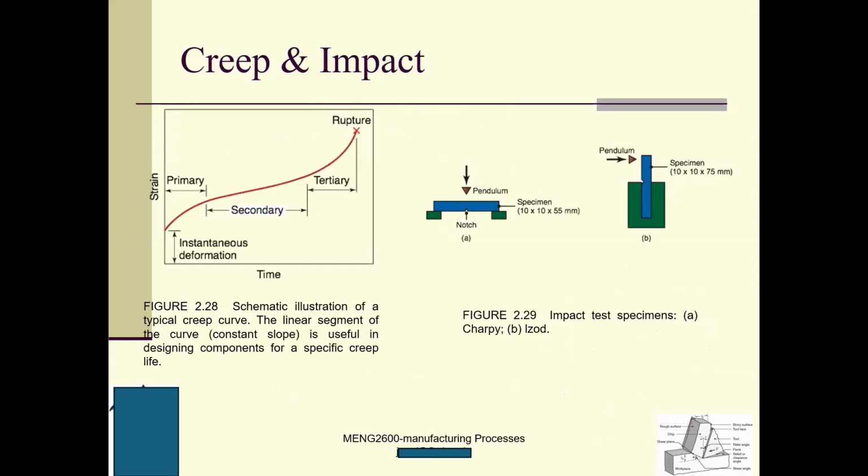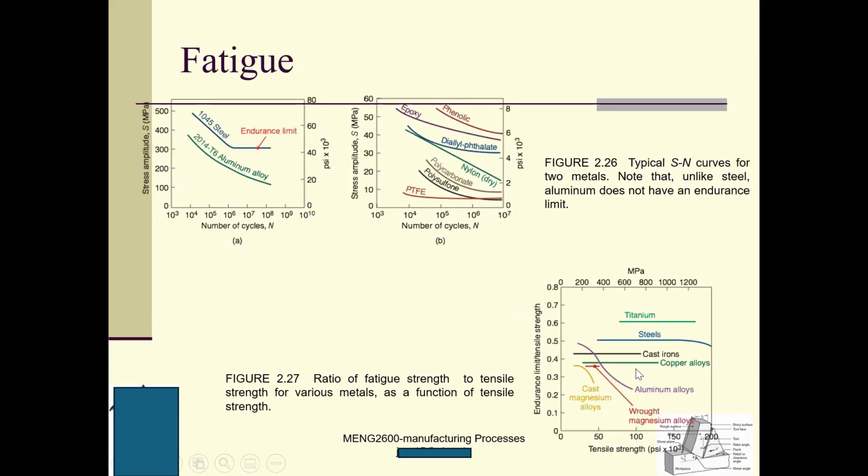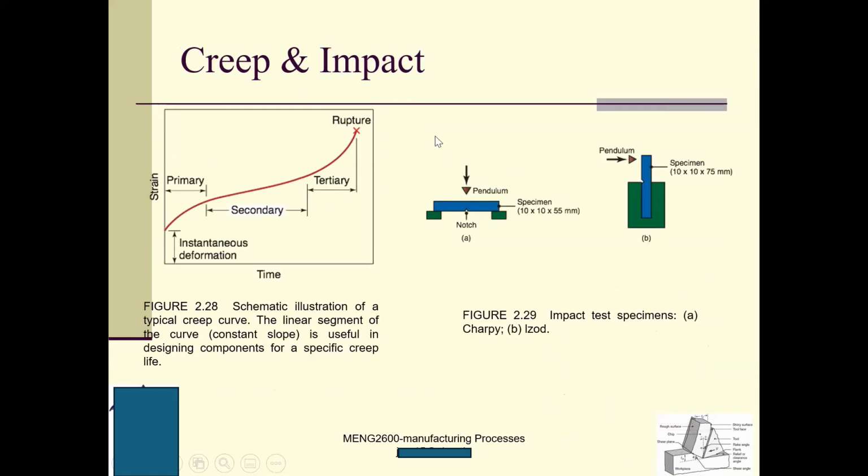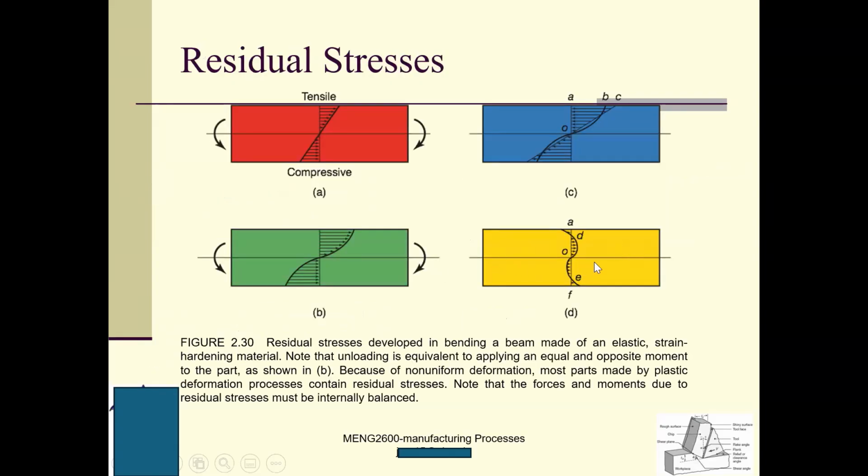Okay, this is creep. So this is tensile strength, and this is the endurance limit. Creep has the same very beautiful curve with three stages: primary, secondary, and tertiary. For impact, you will do the Izod impact and the Charpy impact in the ME lab to see the toughness, how much energy this specimen can absorb before failure. Residual stress and distortion: residual stress is very important. Usually